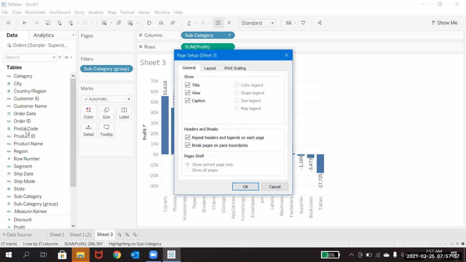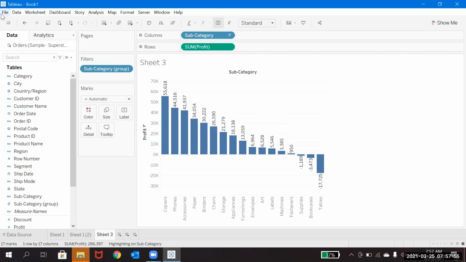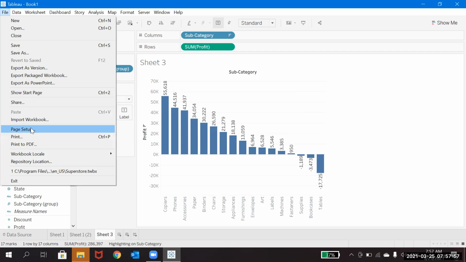Okay, and page setup is nothing but, when you want to print something, how you want to keep this. So whether you want to showcase all this or you don't want to showcase everything, this is something for when you want to print. Even you can print these views however you want. And also when it goes to print or print PDF, you can set that.